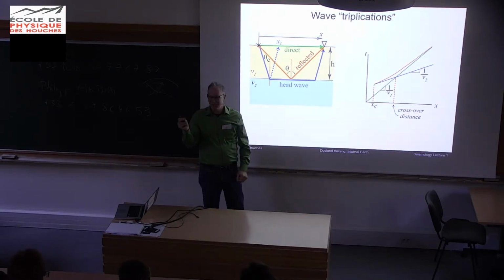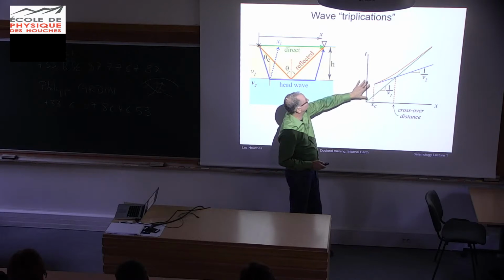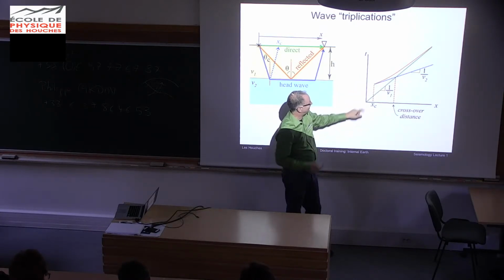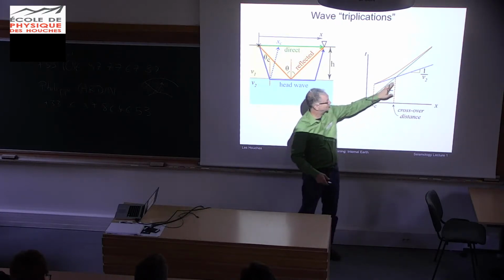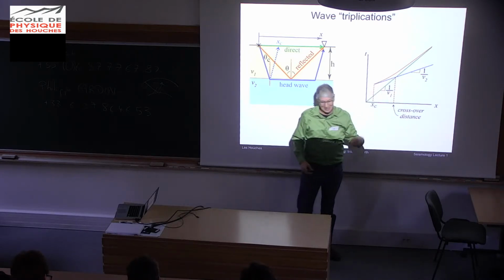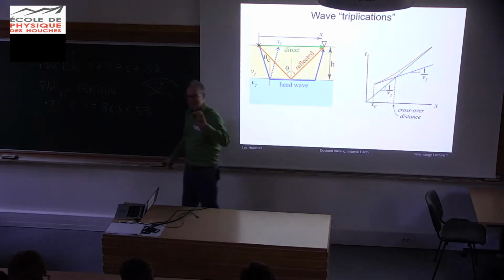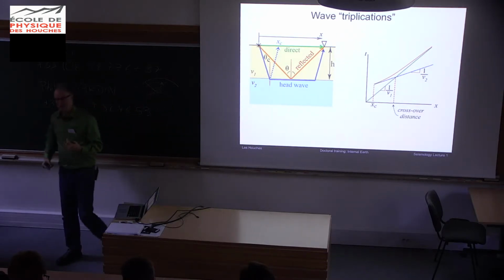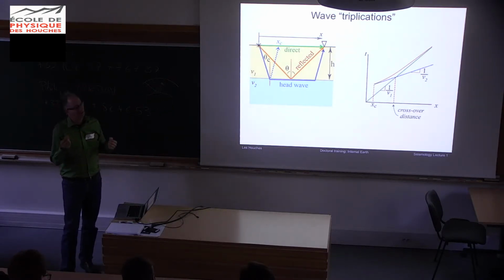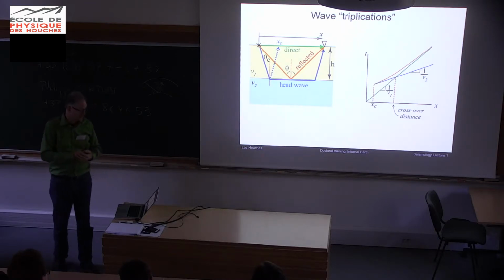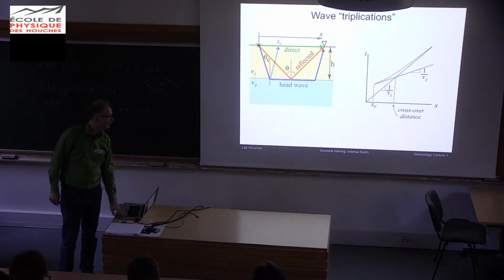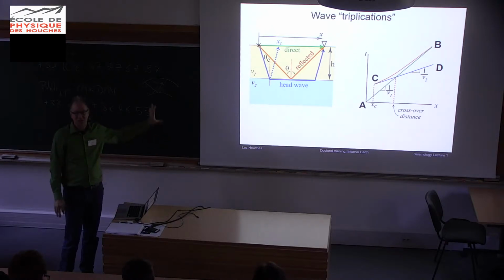So this DF thing, when there's what we call a triplication, because you have 3, the tri, we put A, B, C, D. So this is a simple triplication. It's only A, B, C, D. So you might talk about the AB or the CD or the BC. And so when you see these PKP waves, there's an AB and a BC and a DF. It has to do with this kind of phenomenon, but it's because of structure in the core. So you could put the letters there or not. But anyway, it has to do with that.